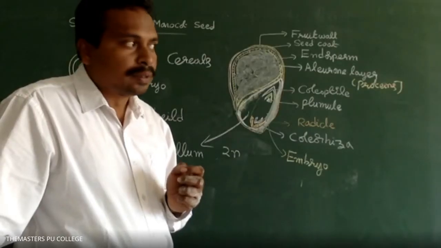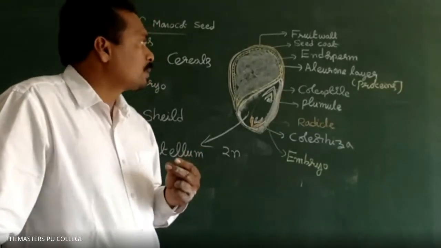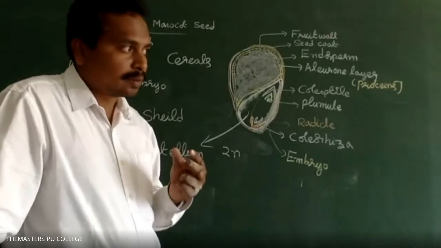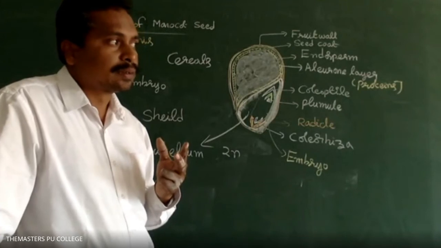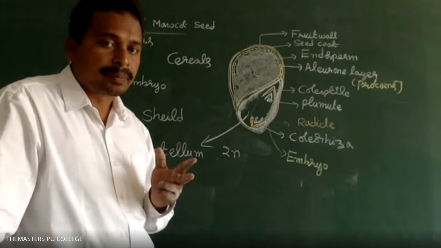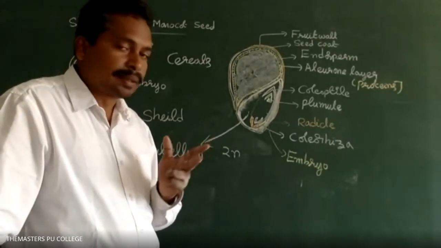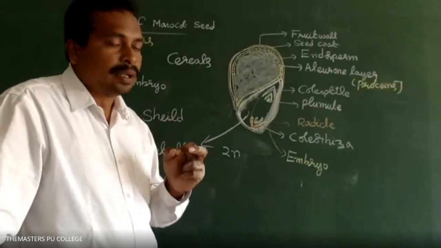Sir, how do we differentiate the endosperm from the cotyledon practically? We can see that practically in the maize, the corn plant species. The seeds are required, and with the help of a microscope, we can separate them. In the practical session, we will observe the endosperm tissue.